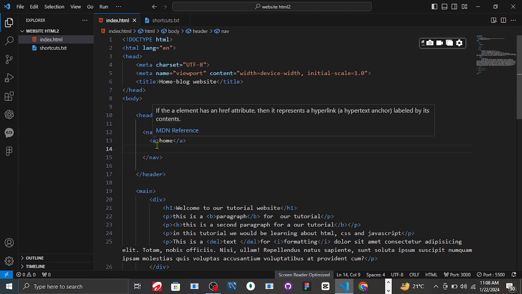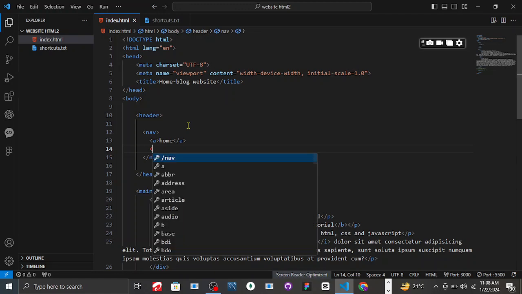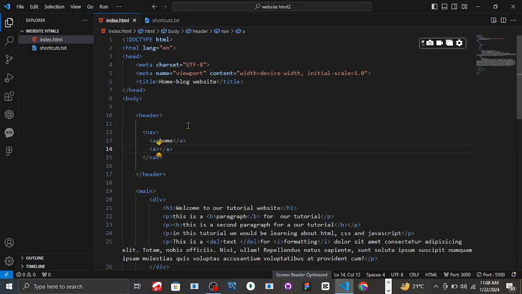I excluded the attribute inside the anchor link for reasons. I just want to keep it as simple as possible so that people fully understand. I'll be going into attributes. I think that's the last thing I'm going to be doing in this part of the tutorial, this video. So I can say home, about,